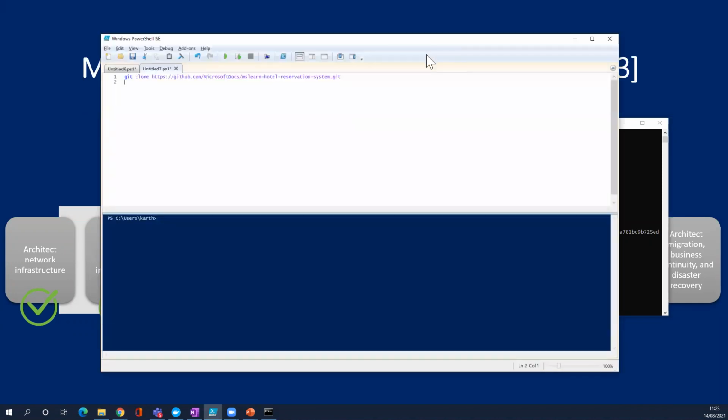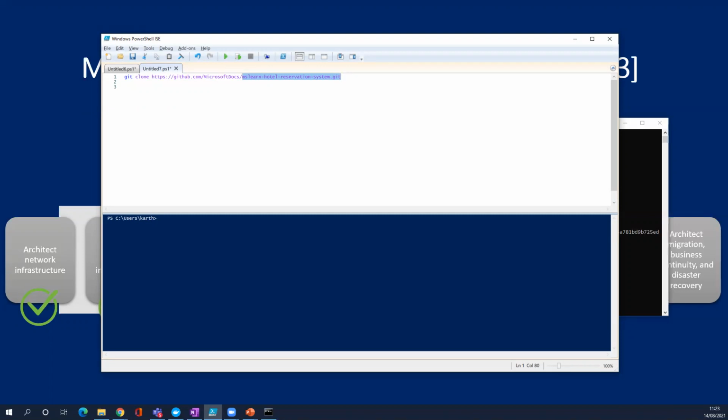So the list of commands we are going to use today. Basically, you try to get a sample code. This is a hotel reservation code, available freely. We are going to download that, and then we are going to create a Docker file within that source code. This Docker file will help us to create